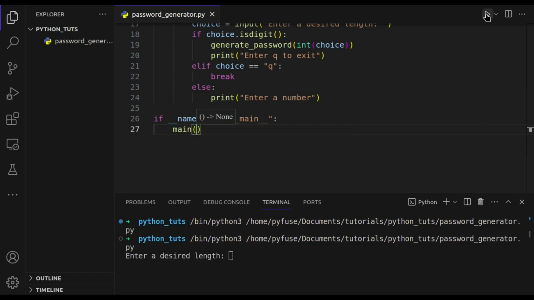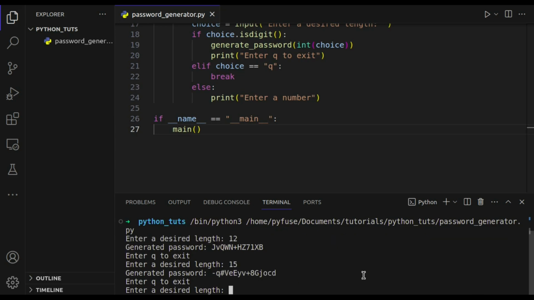So let's run it, and then there we go. It says enter a desired length. I'm going to say 12, and then it says generated password this. I can just copy it and use it wherever I want. And also it says enter q to exit. So let's actually try it once more. Let's say 15. We got our password here,